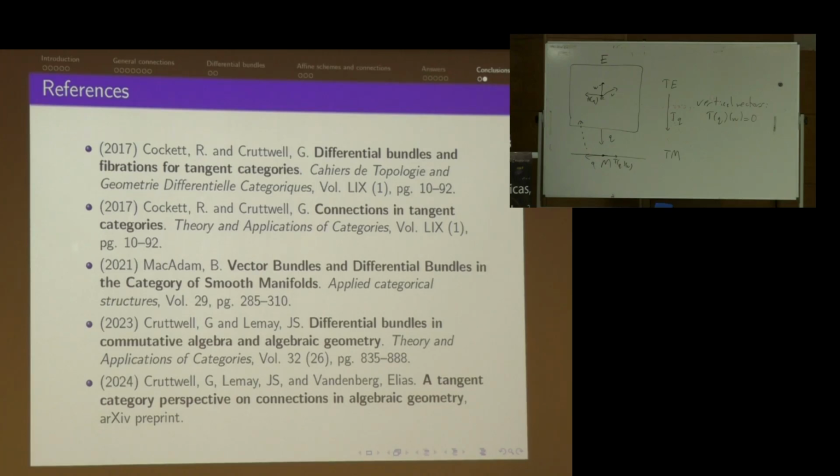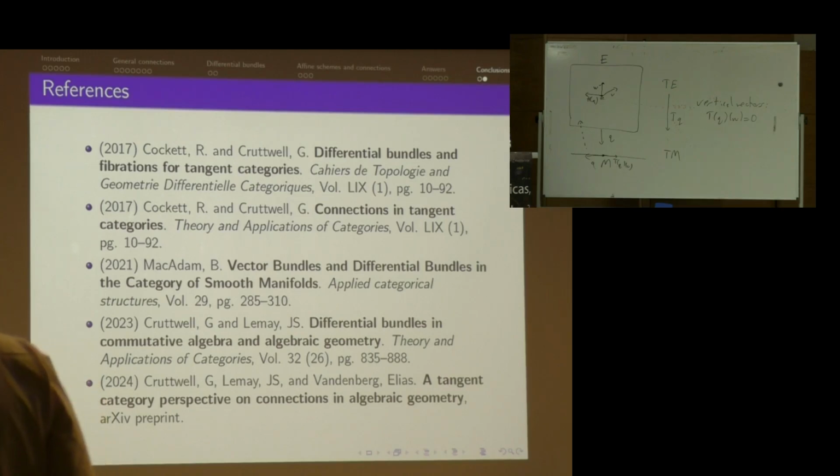Yes. This is more a suggestion than a question. I think that Grothendieck connections are your connections in the smooth case. And then the problem is when the scheme is not smooth, the higher differential information is not encoded in the tangent bundle. So perhaps there could be, yeah, a higher connection in the abstract sense that takes care of singularities.